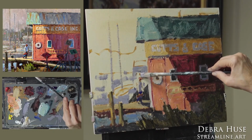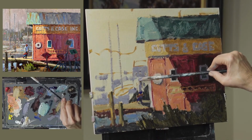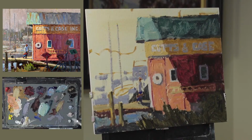So let's use that to go around this guy's hat. Okay, so the building kind of has to end because now I'm competing with his shirt. So I probably needed to go a little bit more on the gray side back there. But let's...